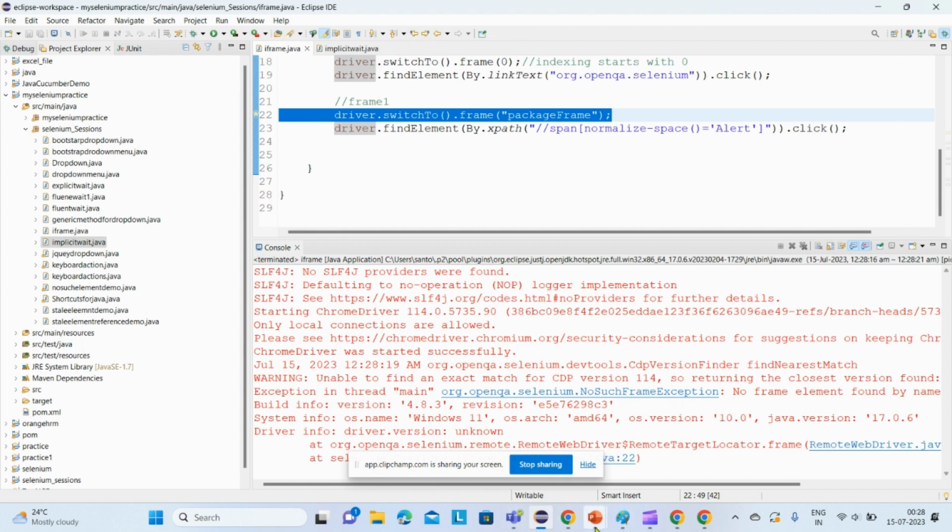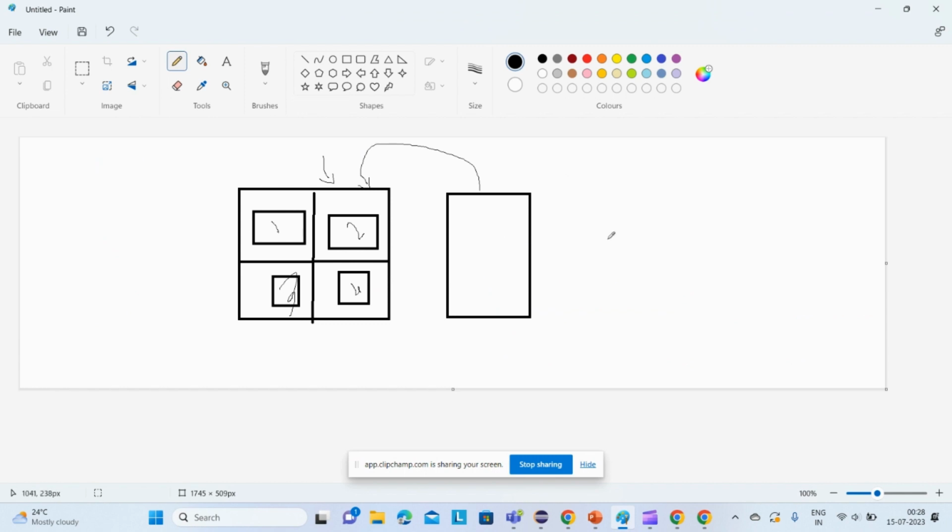Now what happens in iframes? Let's say this is the iframe, and these are the web elements present in that. One, two. Let's say this one is the first web element and this one is the second web element. Now when I click on this first web element,